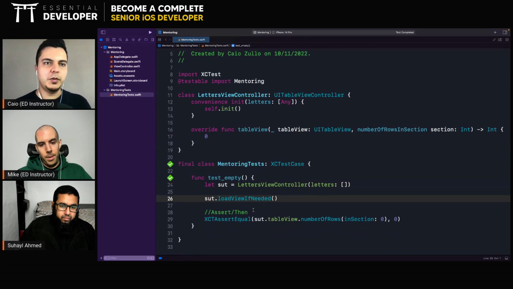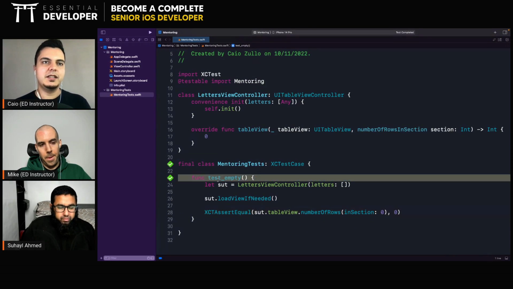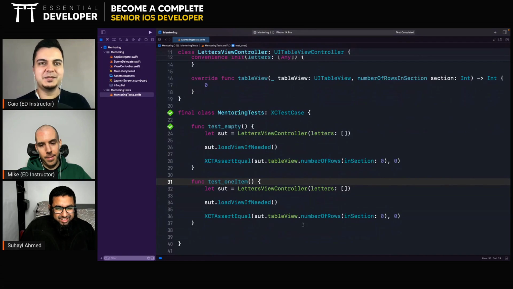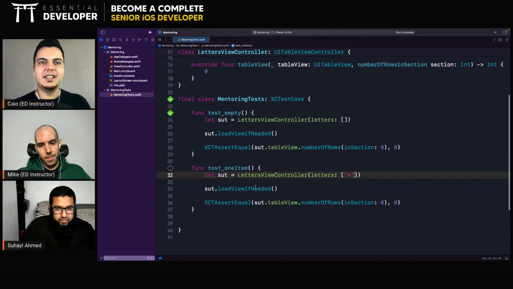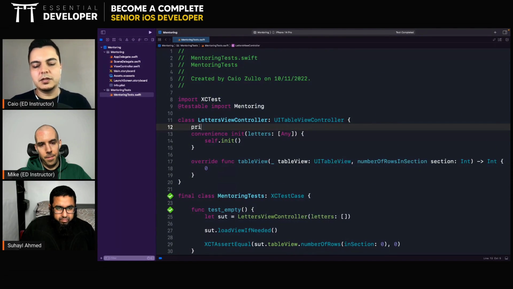I'm going to remove these comments because you don't need them. You just keep them in your mind. You want these kinds of checks. And then, okay, test one item. You pass here A, and you expect number of rows to be 1. For example, and you start doing it like this. So it can be a private var letters.